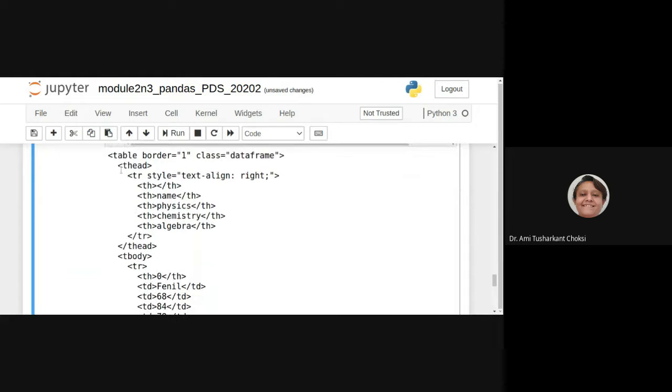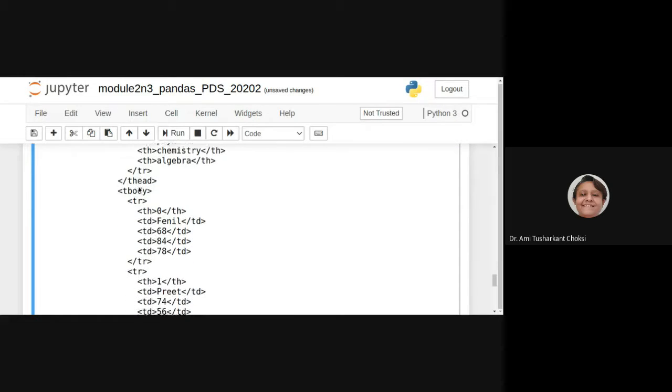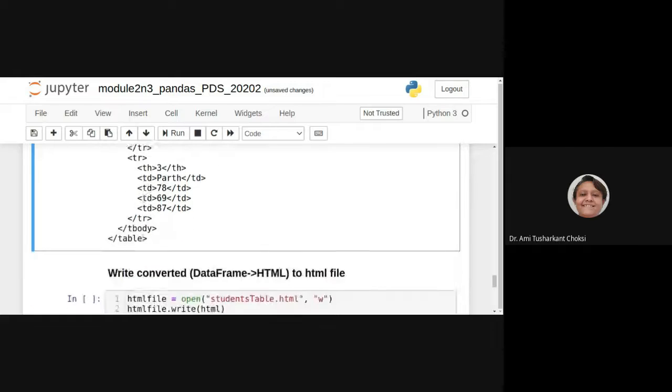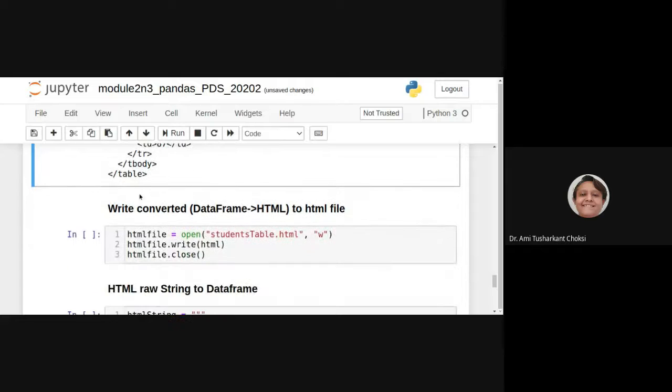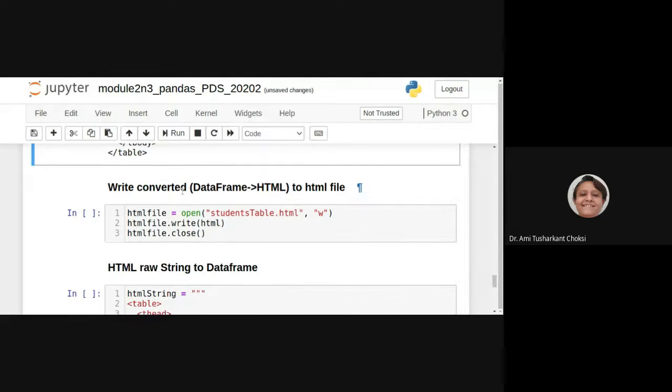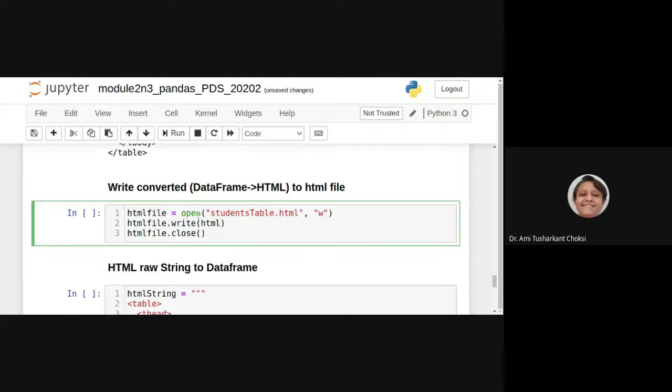Okay, we can see the table, border, thead, TR, TH, right? TD, that's what we are able to get. Our data frame is converted to the HTML table, right? If we want to write the HTML to the file, then you can say open students_table.html in write mode, open the file in write mode, and then write the HTML.